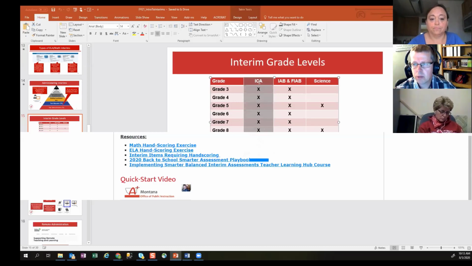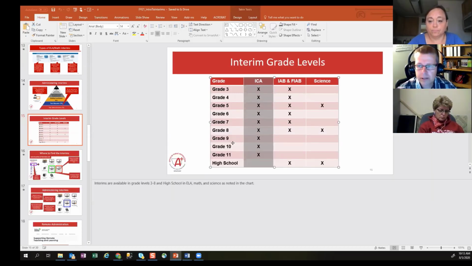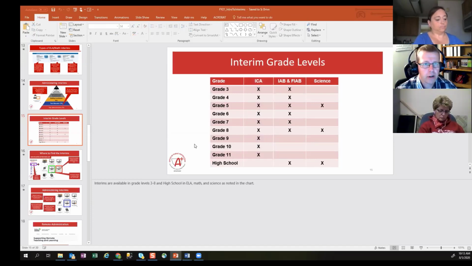The interim comprehensive assessment goes from grades 3, 4, 5, 6, 7, 8, 9, 10, and 11th grade. So if you have a freshman, you can give them a 9th grade ICA. If you have a sophomore, you can give them a sophomore one. And likewise, a junior, you can give them a junior level interim comprehensive assessment. So I wanted to point that out to be clear on what the interim